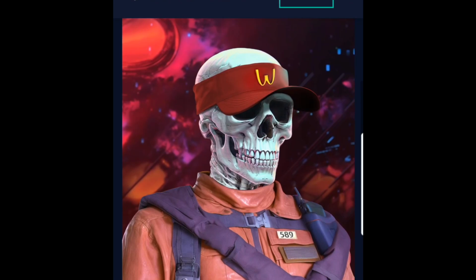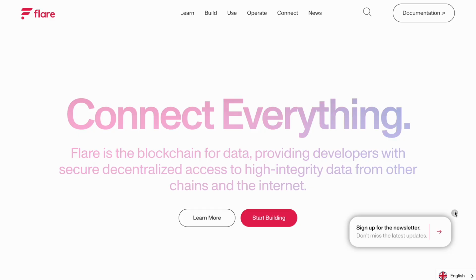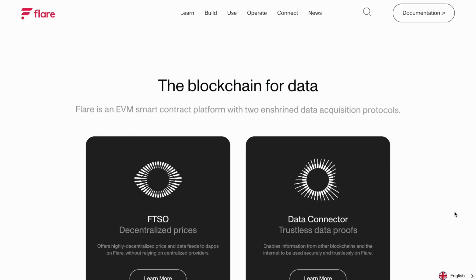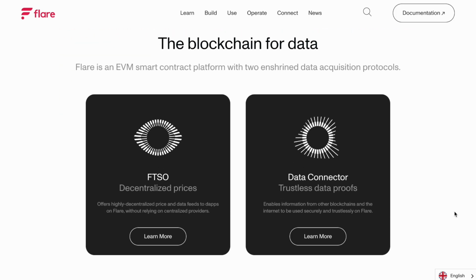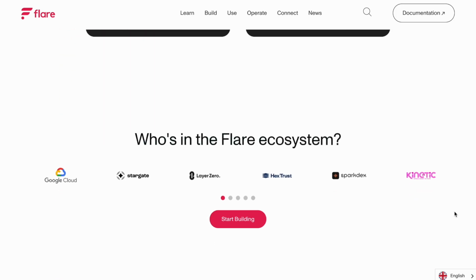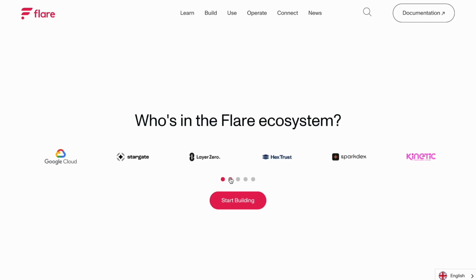DeFi on Flare. We have Enosys. We have Kinetic Markets. We have Blockbones. It's easy to take part. You delegate your Flare, and then you take your delegation rewards, and go play with some DeFi. That way you're kind of playing with the house's money. It's a fun time. It's a doubling down game.